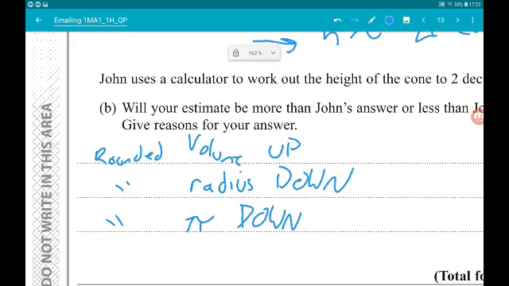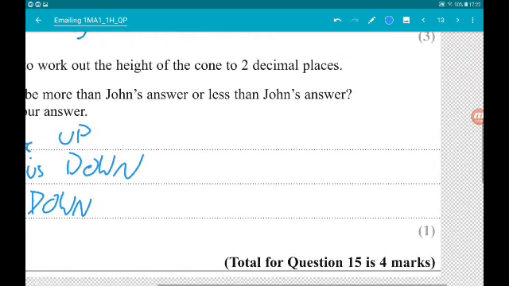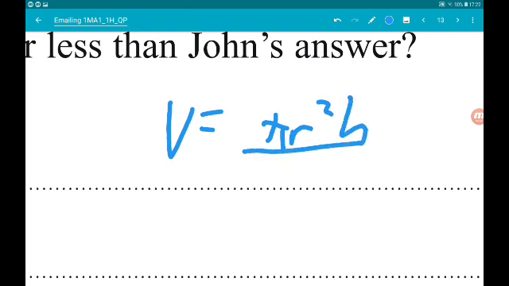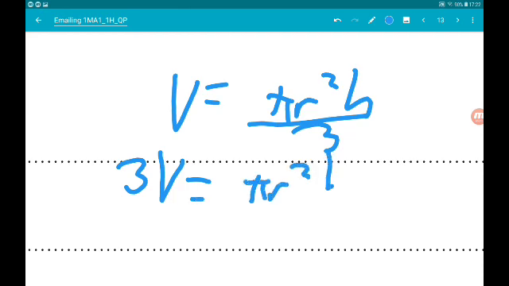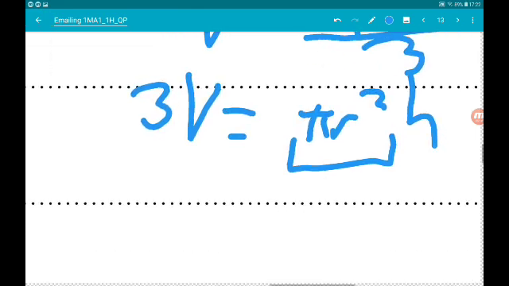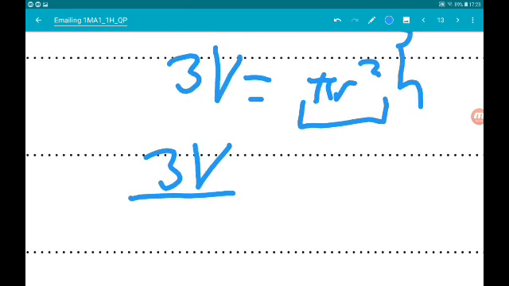So, because of the way that we've rounded things, when we get h on its own, so let's do a little bit of rearranging formulas too. So we know that V is pi r squared h over 3. Let's get h on its own. So if we multiply by 3, we get V is equal to pi r squared h. And then to get h on its own, divide by pi r squared. So 3V over pi r squared